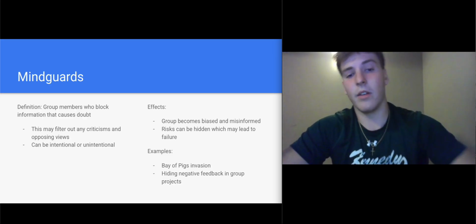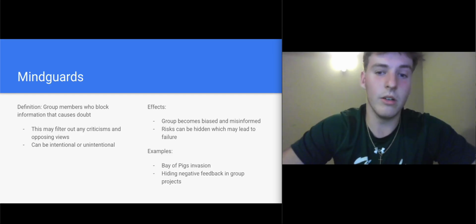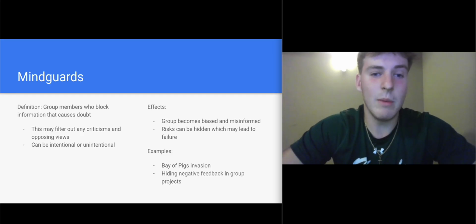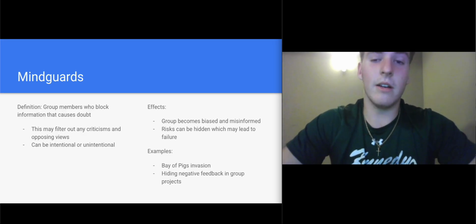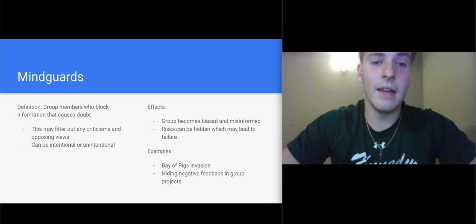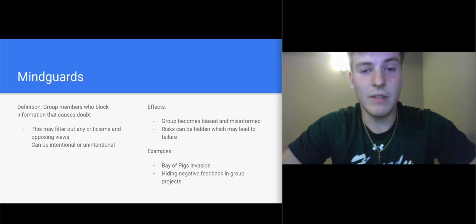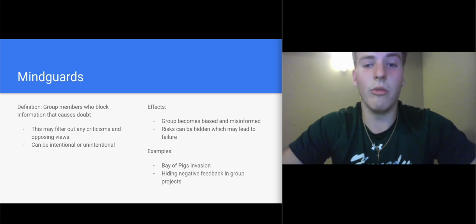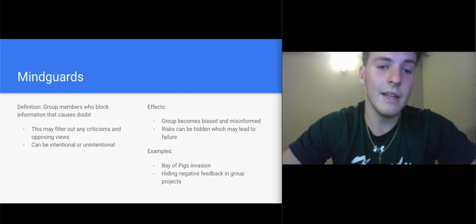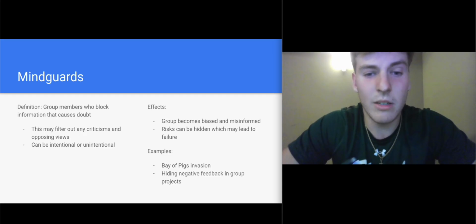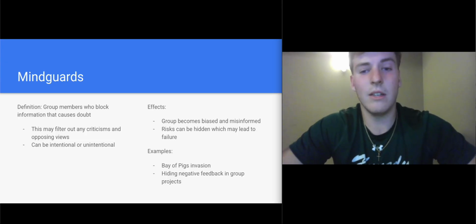They may convince others to not speak up also because it could ruin the group's progress. Some effects of this may be the group becomes extremely biased because they're not getting the full picture and they're not seeing a different side. Members may start to believe that the chosen decision has no real risk since opposing information never reaches them, and they don't see that. The group also may assume that its plan is stronger than it really is, creating a